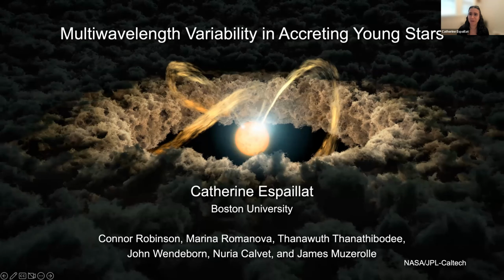And you'll see Connor as a co-author on this. So it's going to be very related, but we're not talking about the exact same thing. I'll be talking about T-Tauri stars, but I'll be focusing on the hot spot that is formed on the stellar surface as part of the accretion process. I'll be using multi-wavelength observations that include TESS of one T-Tauri star, and I'll be showing that the accretion hotspot on the stellar surface has a density gradient, confirming theoretical predictions.